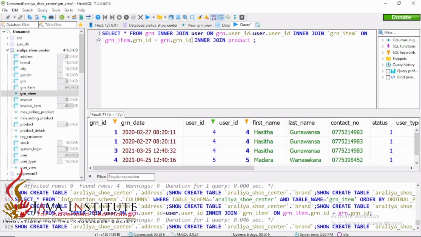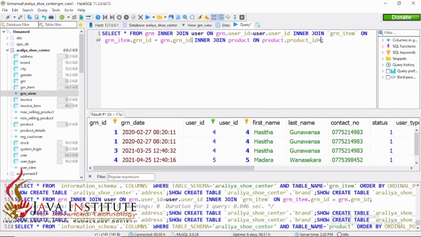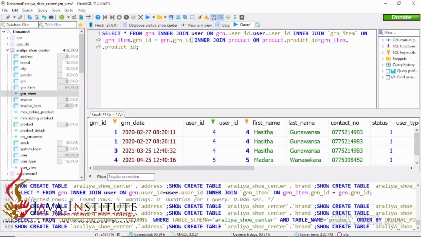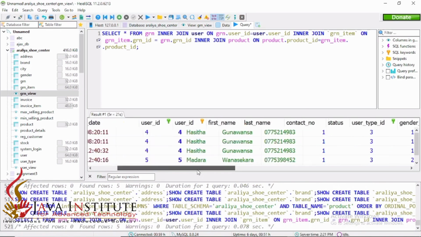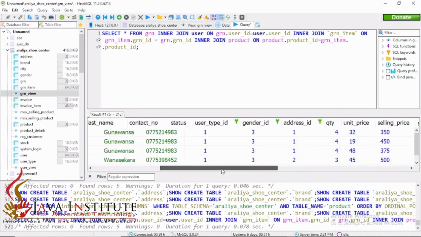So then I'm going to inner join product table on the product table's product ID should be equal to GRN item table's product ID. Okay, so then I'm going to execute this and find out all the details related to this, and you can see the product details are also coming here in this area.